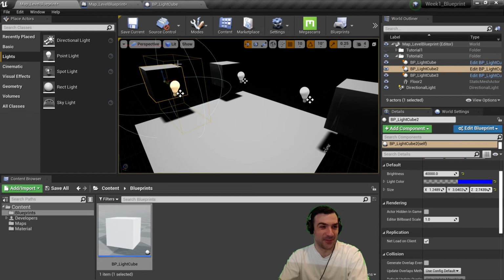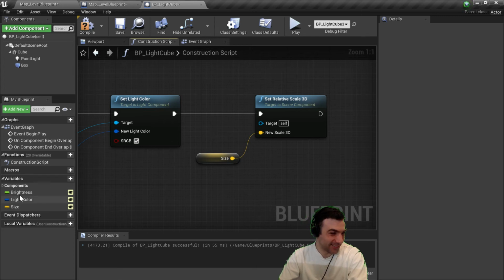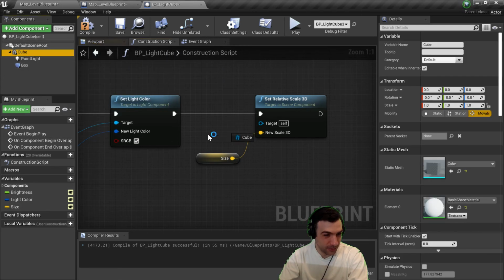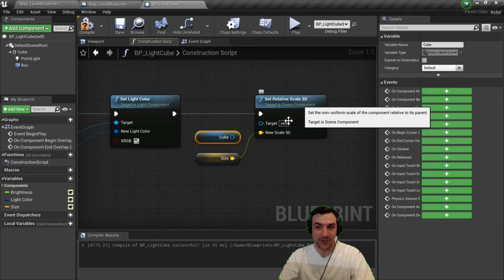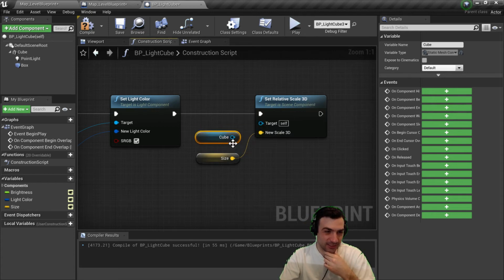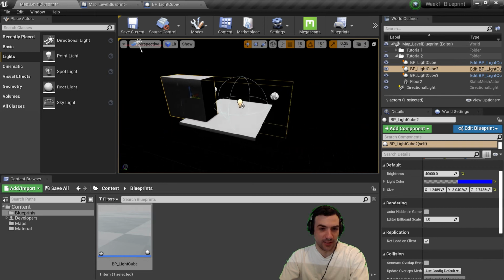So right now you can see I'm scaling the individual trigger volume. So let's get rid of that. Let's grab the cube. And it's still a scene component. It's a component of the scene. So I can still just say that's the target. Compile. And everything's totally out of whack